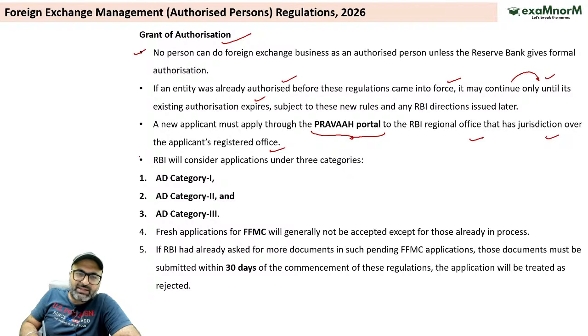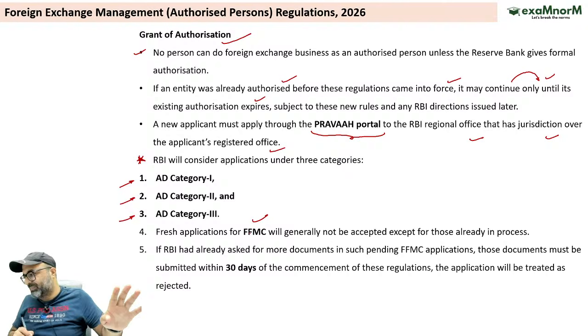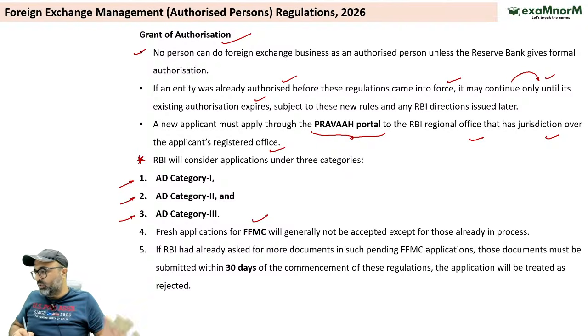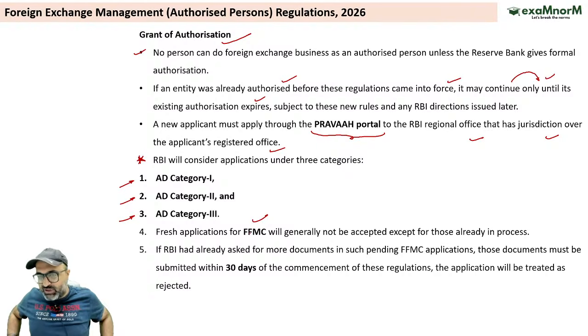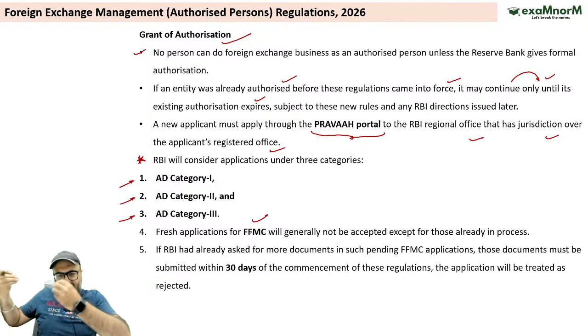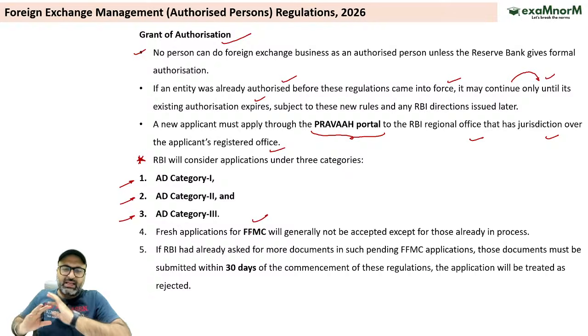Now RBI considers the application for 3 categories only: category 1, category 2, category 3. यानी कि अब अगर आप बनना चाहते हैं नए FMC, you are not allowed. If you want to become an FMC, then you are not allowed to seek a license. RBI is not providing any license. RBI कह रहा है which are existing, they will remain, they will operate, but no new FMC license will be